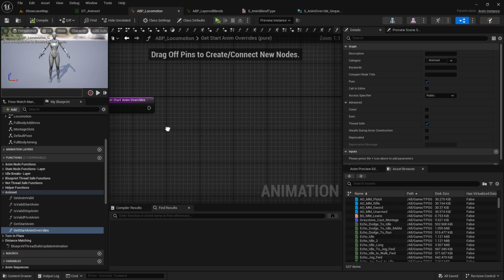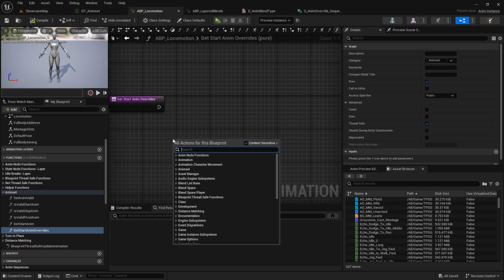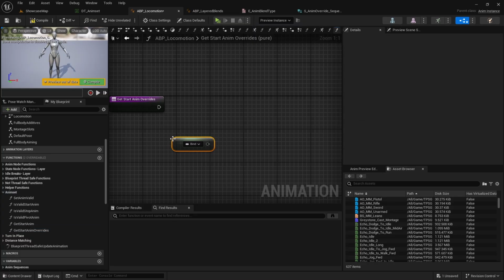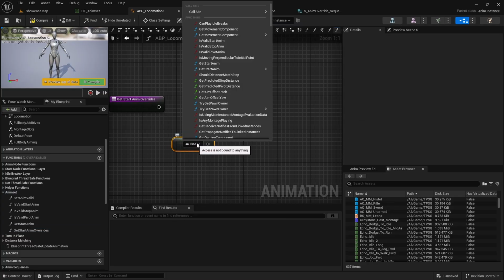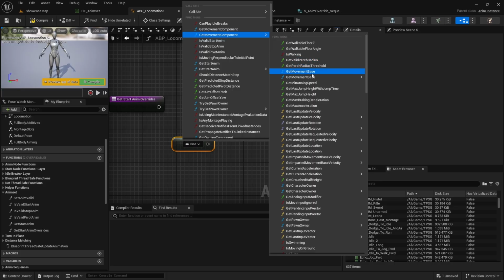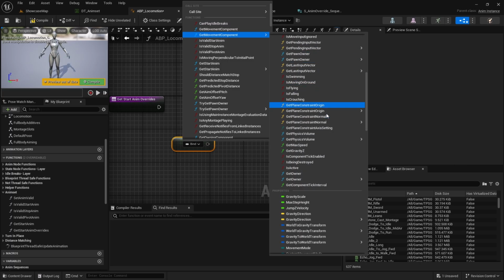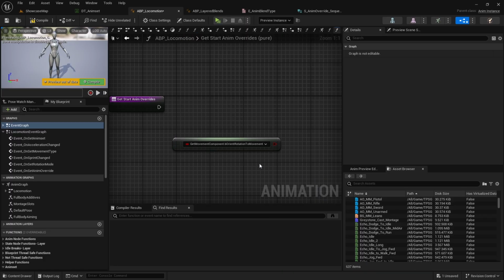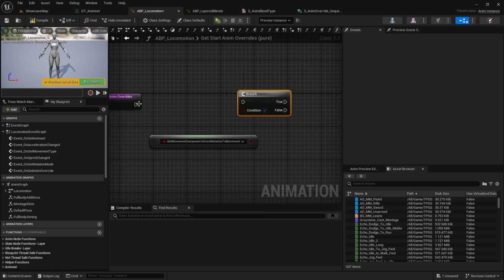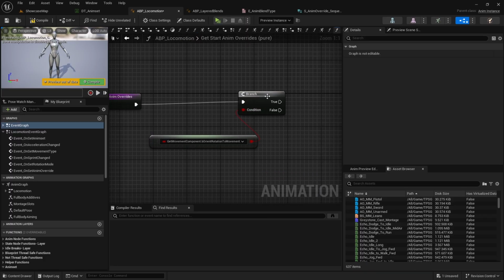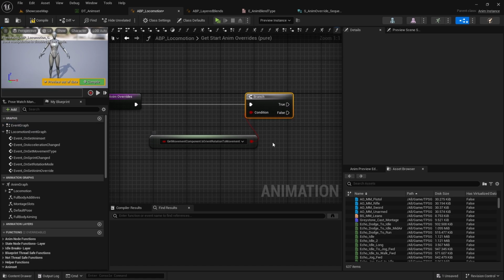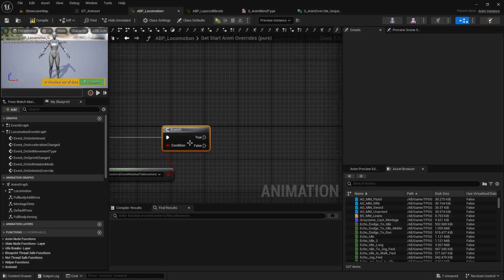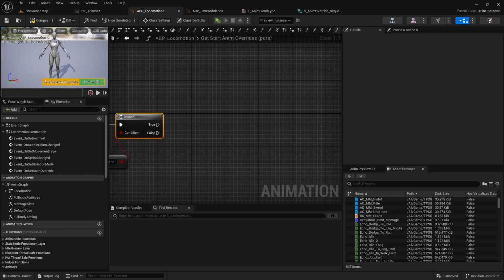And then let's use the property access pin and check whether it's forward facing or not. The easiest way is to simply check bOrientRotationToMovement. If this one is true, then we are forward facing, otherwise strafing. So if we are forward facing,